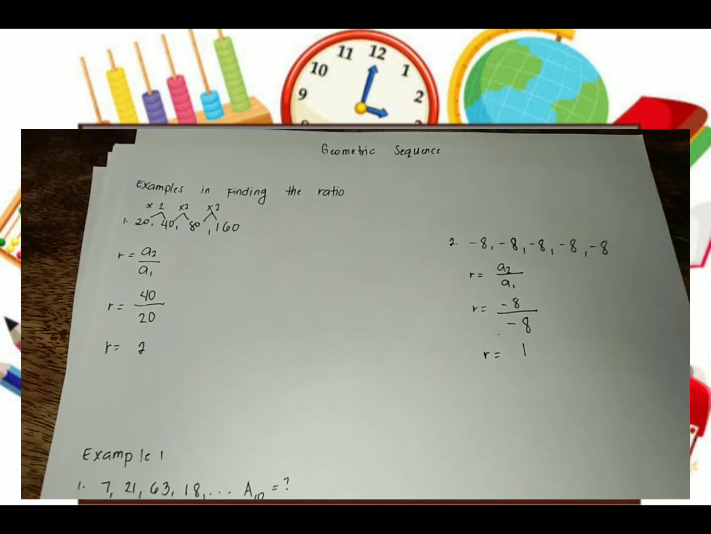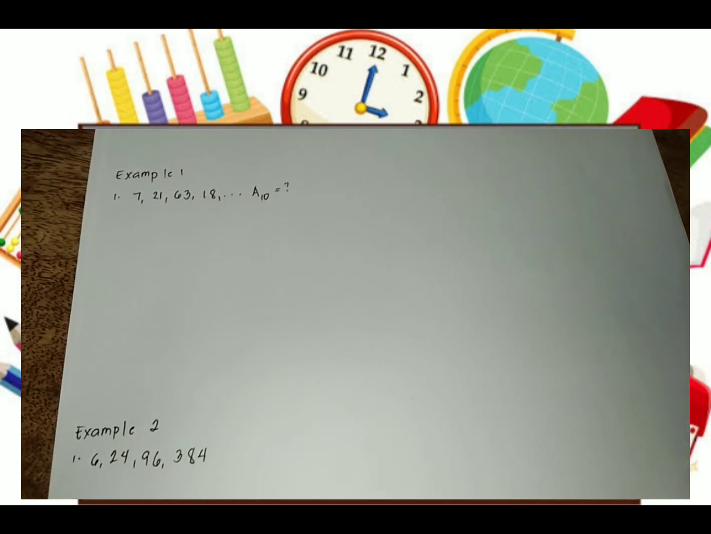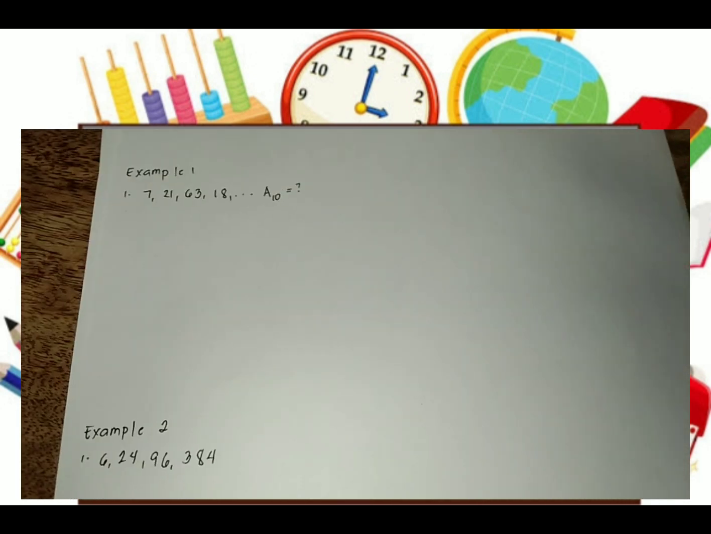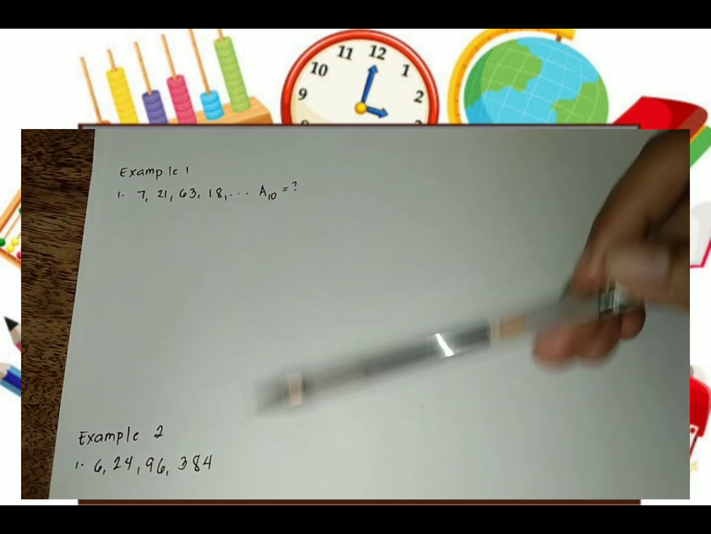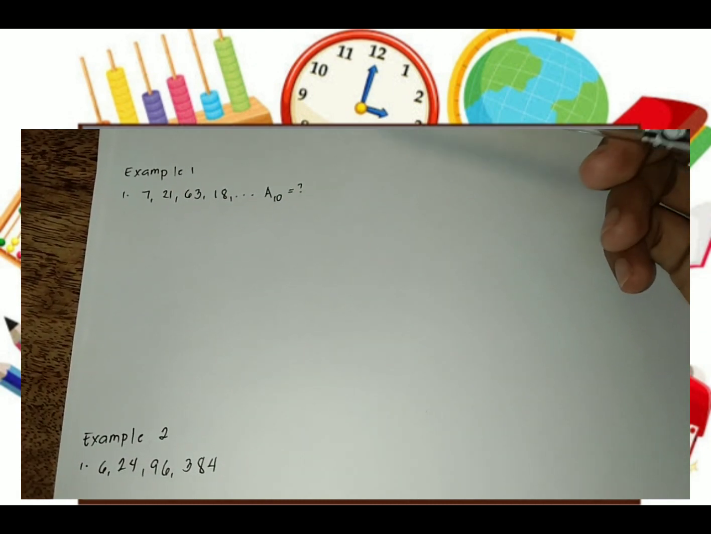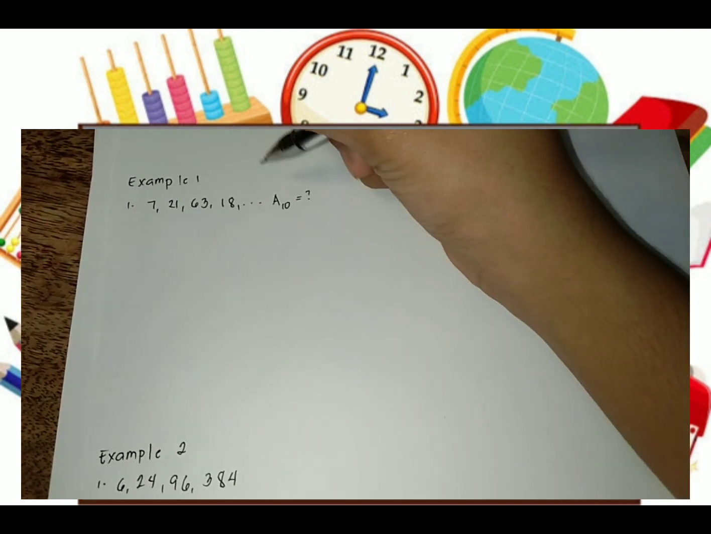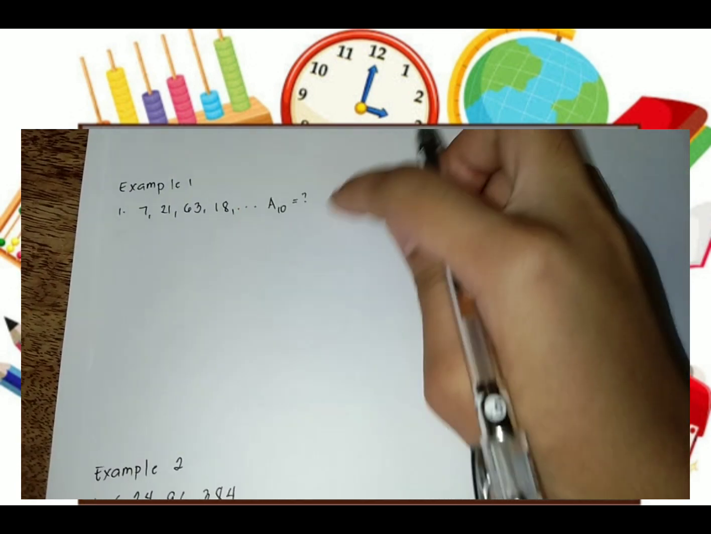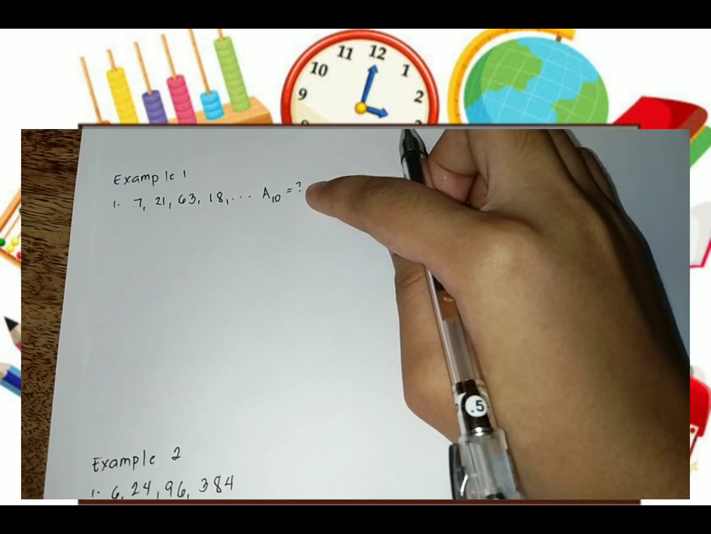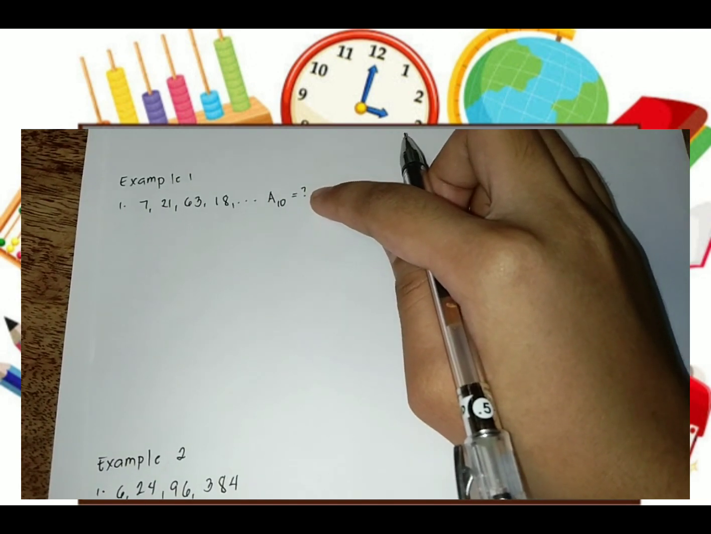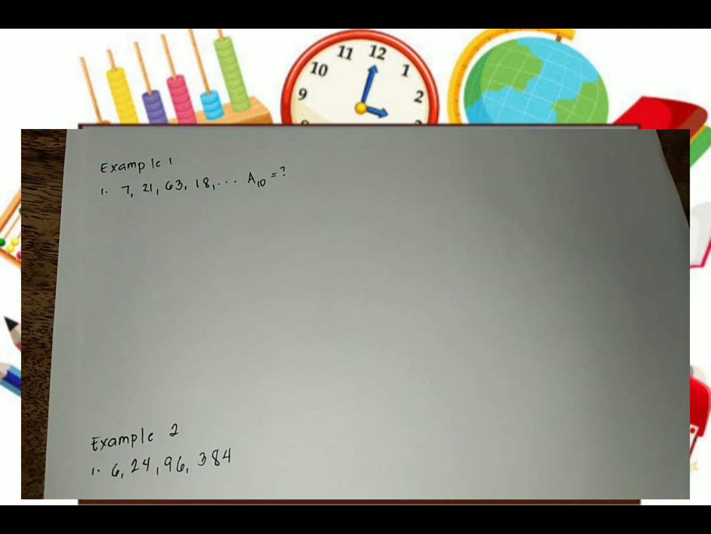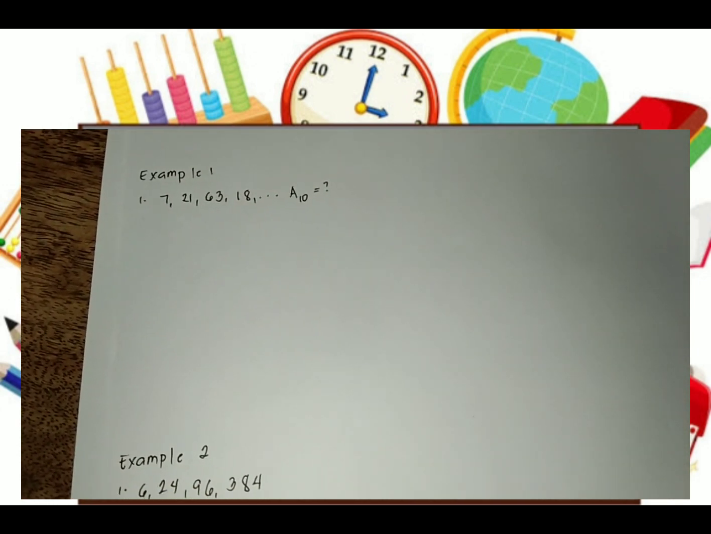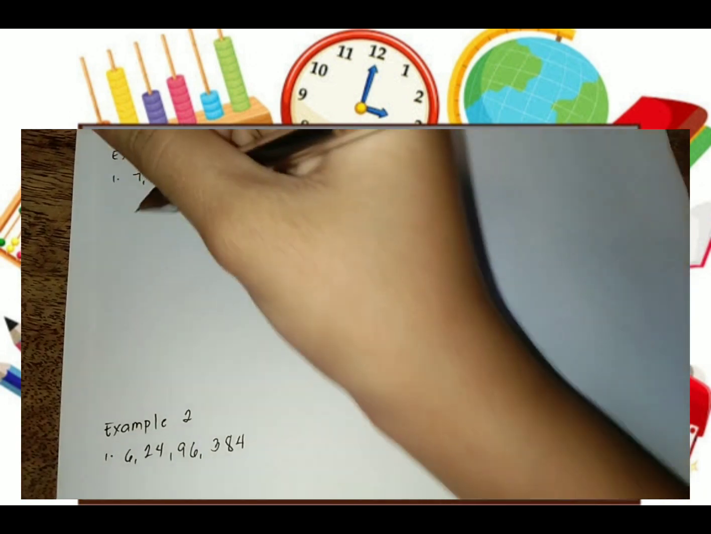Now we are going to move on to examples in finding the last term in a geometric sequence. I have here two examples that we are going to solve. First, a sub 10 is our last term that we are going to find. The formula in finding the 10th term, or the last term, in a geometric sequence is a sub n